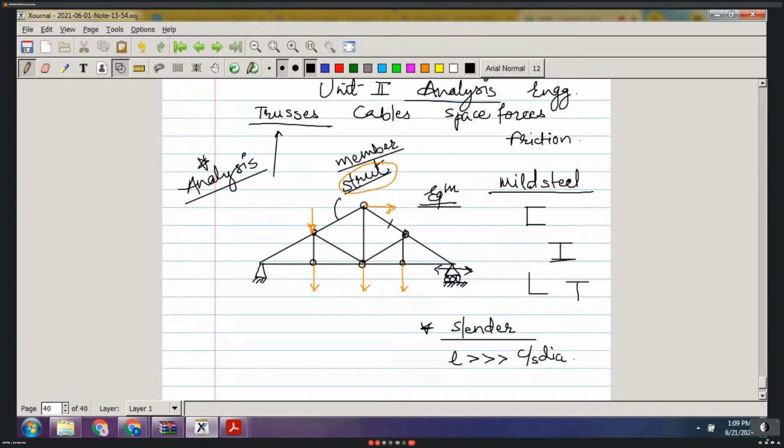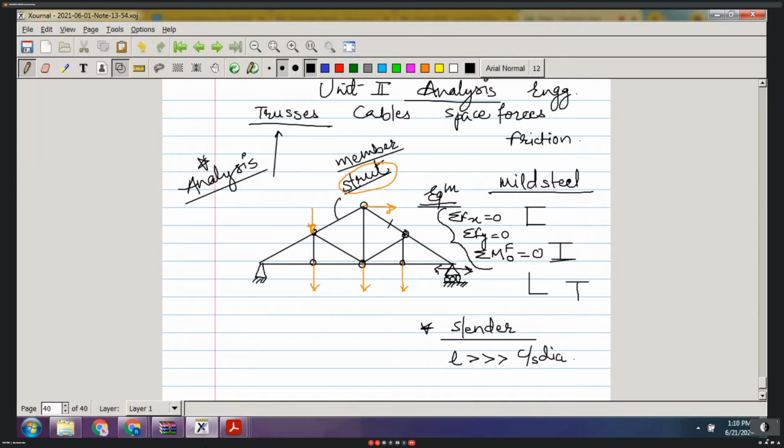Can you tell me what are the conditions for equilibrium of a general coplanar force system? Summation of Fx equal to 0, summation of Fy equal to 0, and summation of moment equal to 0. Yes, that third condition is very important when we talk about parallel or general force system. That is, the algebraic sum of moments of all the forces about any point in the plane must be equal to 0. So if these three conditions are satisfied with my